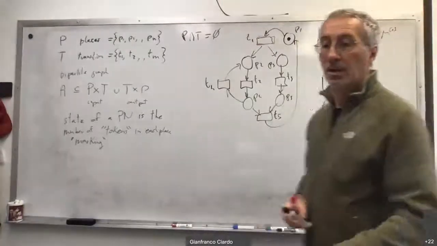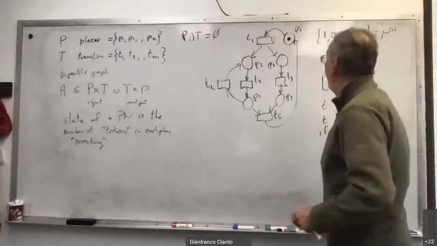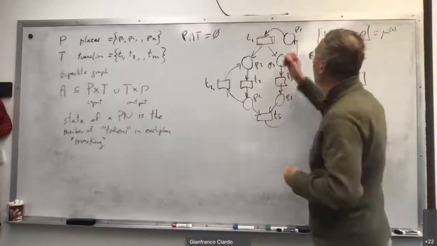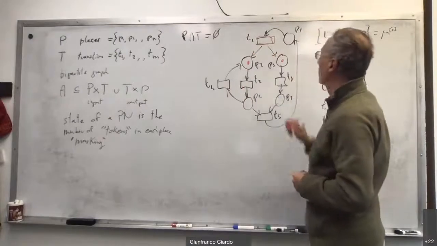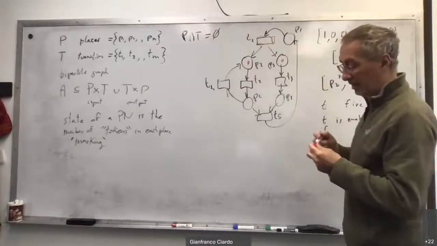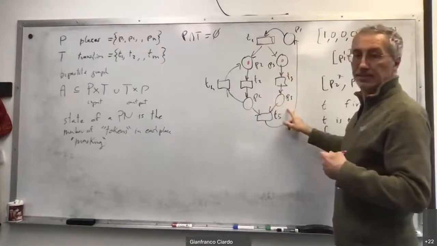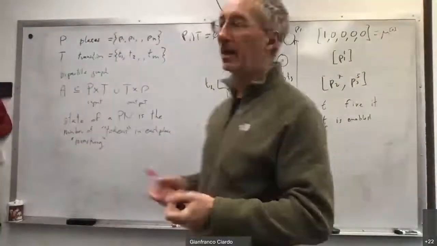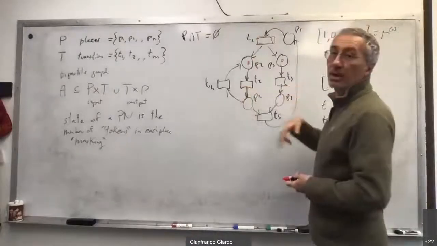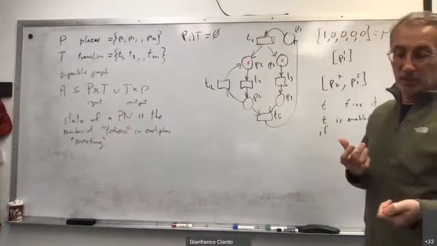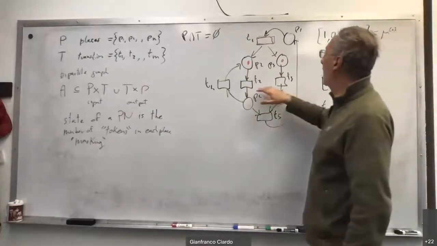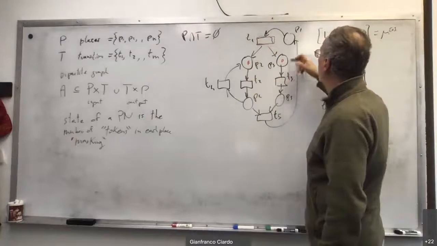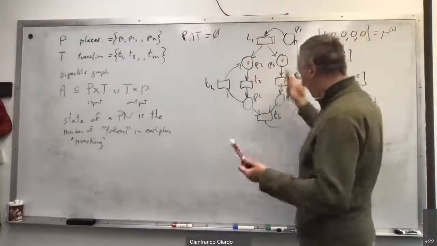So now we can fire T1. And when we fire T1, what happens is we remove one token from each input place, and we add a token to each output place. So now the state is 0, 1, 1, 0, 0. And now you see the big difference between finite automata and Petri, right? Now I have 2 transitions enabled here. So this formalism, Petri, is very good to model concurrency because now I have the ability of firing T2 because T2 has a token in its input, or the ability of firing T3. So I can fire T3, for example,